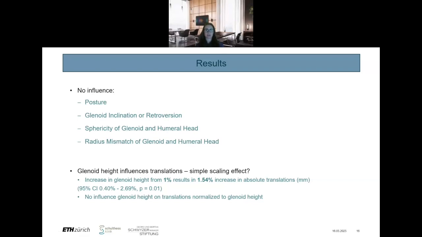effects model and actually have the outcome instead of just translations in absolute terms with height as a factor that's controlled for, if we actually normalize the output term to translations as percent glenoid height, the glenoid height is not significant anymore. So this does suggest that this is a simple scaling effect, and this is to be considered in future studies. So not just reporting the absolute translations, but normalizing to subject-specific joint sizes, I think is quite important